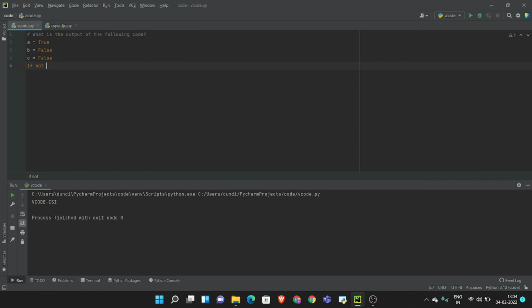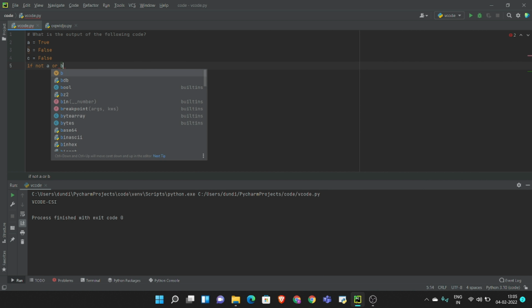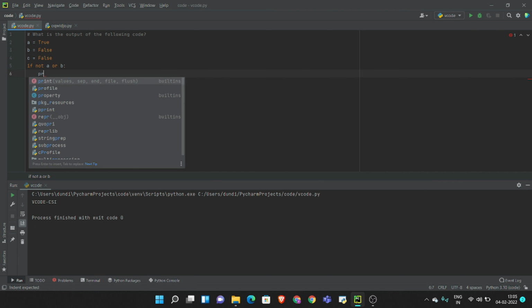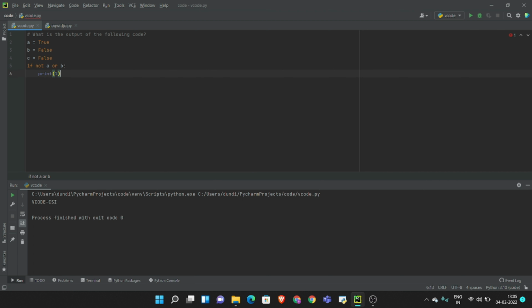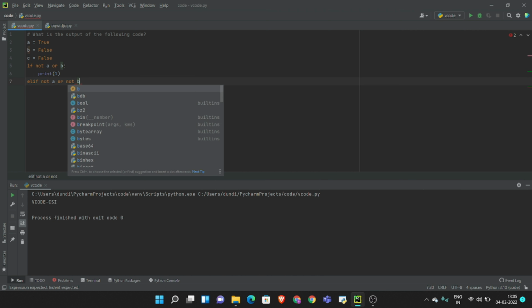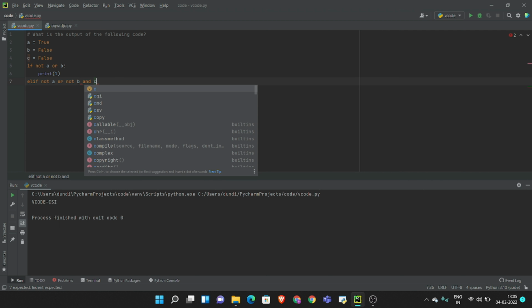If not A or B, print 1. Or else if not A or not B and C,